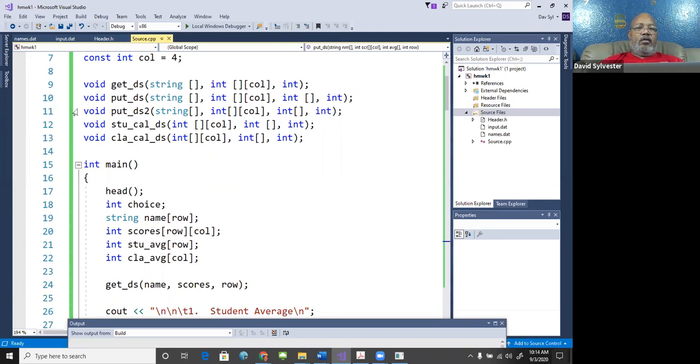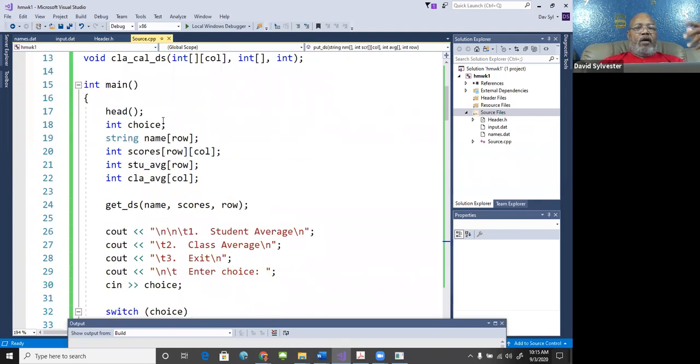You're going to have a calc function, and you're going to have a put function. I just have two calc functions and two put functions because one's going to calculate the student average and then print the student average with the output, and then the other one is going to calculate the class average and then print out the class average. So that's the only reason you see this many